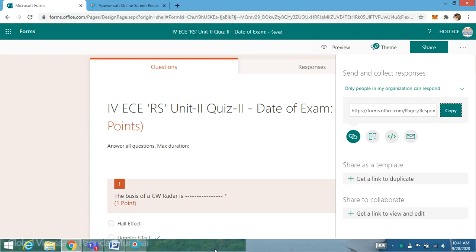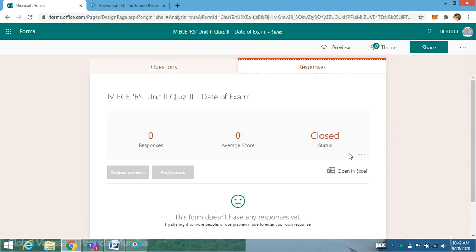record the responses. And please do share these links with me via email, also with the assistant HOD Mr. Sheikh Riazuddin, and with our department exam cell in charge Mr. K. Vasubabu over email. After you have received the responses, evaluated and posted the scores to the students, please send the response sheet via Excel. You can open the data in Excel and share the Excel sheet with me and the remaining 2 faculty members also.